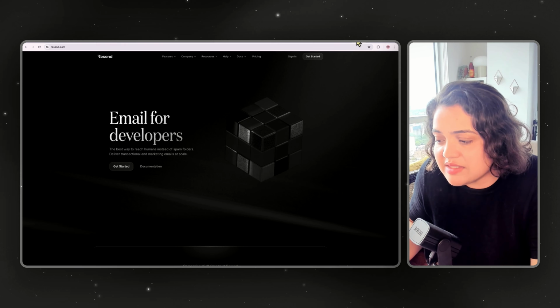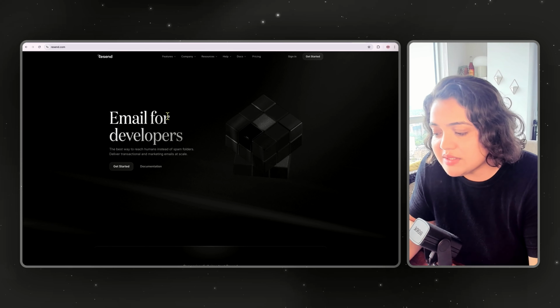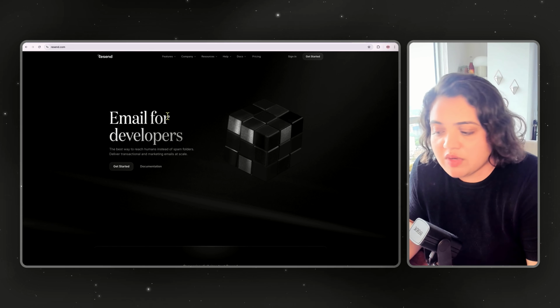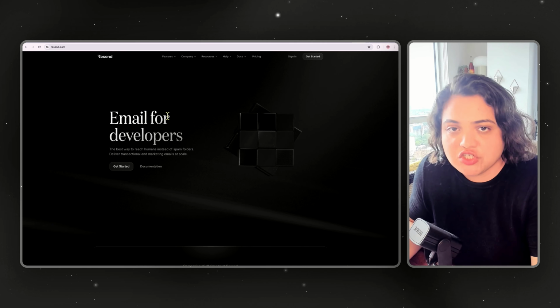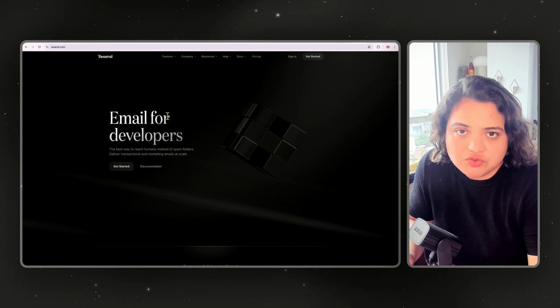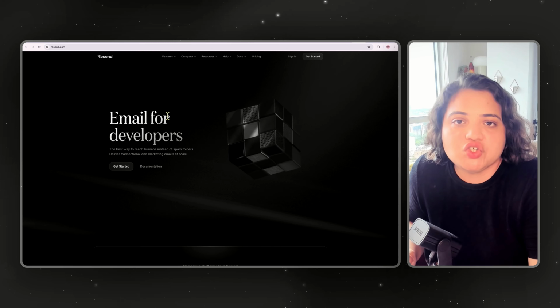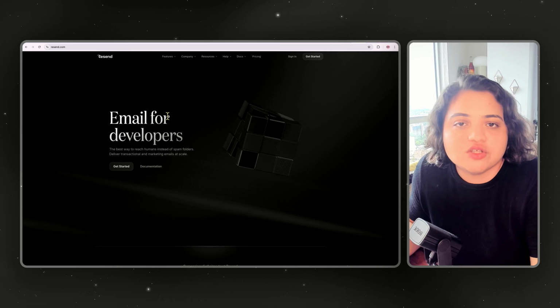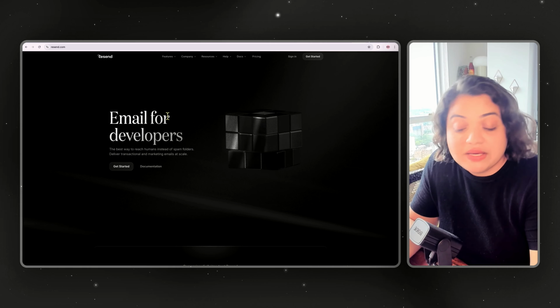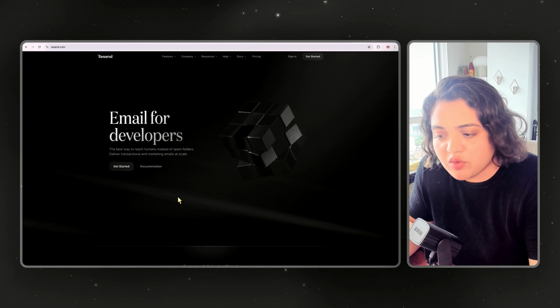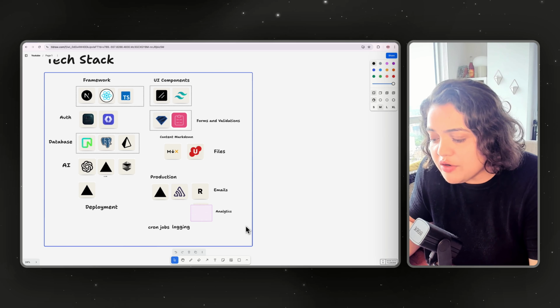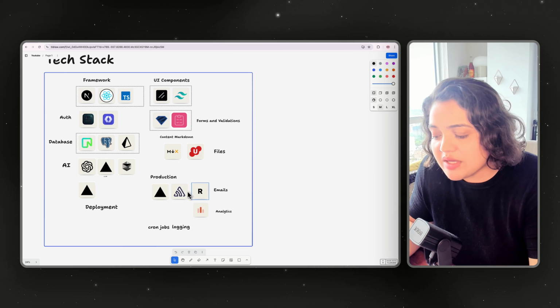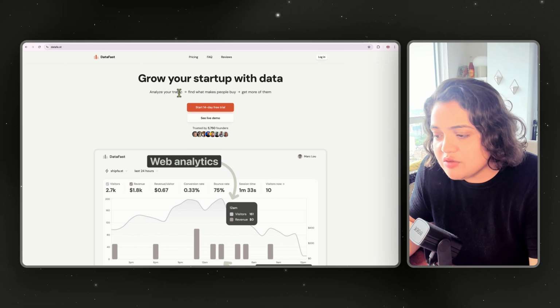Then when it comes to emails, I in fact use Resend. Now, Resend is amazing. It's email for developers. You can deliver transactional as well as marketing emails. I mainly send transactional emails. So like if a student has reached a specific percentage of their course, to congratulate them, to say, hey, good job, amazing. I use Resend for that, and Resend is quite powerful.